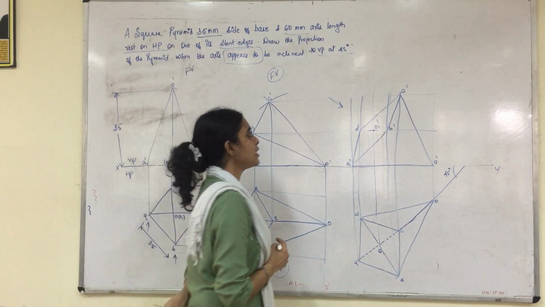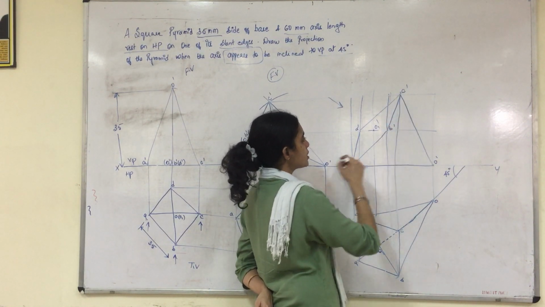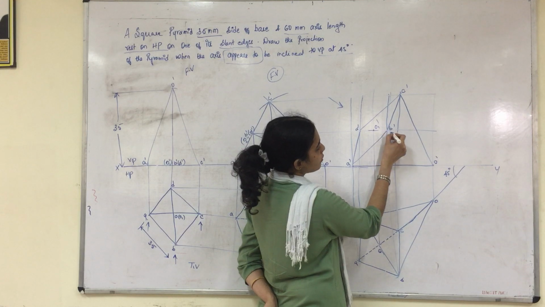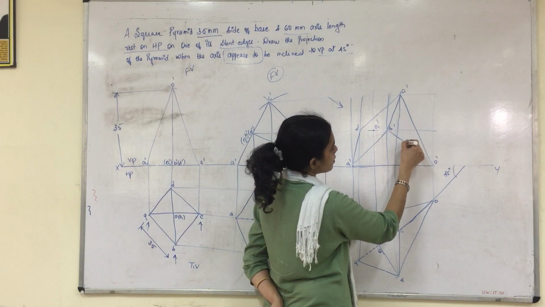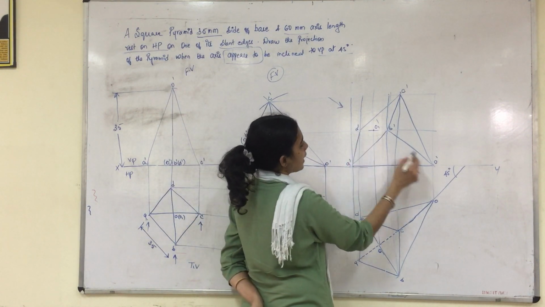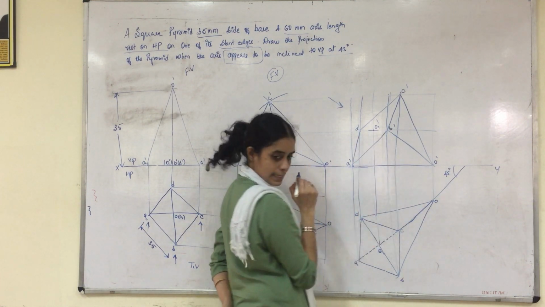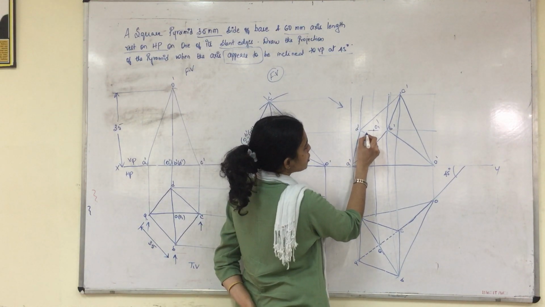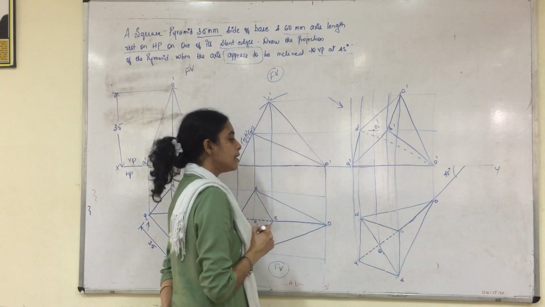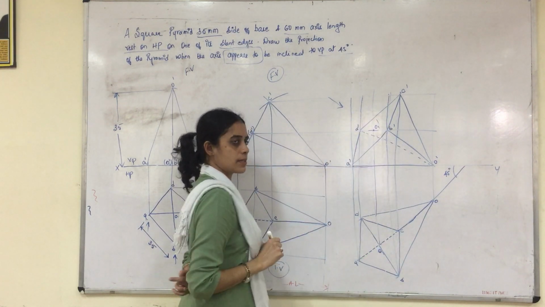So this is done. And I told you the projection coming through the corners of the outer surface will be visible. So this is joined already, this is also joined. This corner is not joined, so we will make this a continuous visible line because this will be visible. Along with that, we have one more projection from D dash to O dash. But the projection from this corner passes through inside the surface and hence that will be hidden. So please show a hidden line, because this longer edge will not be visible as it is passing through inside the base surface.